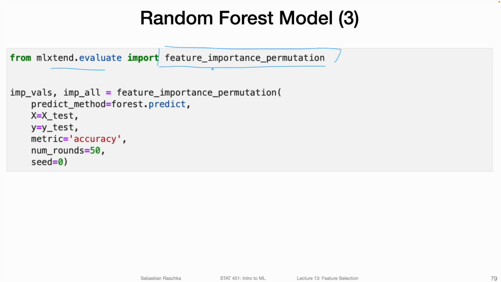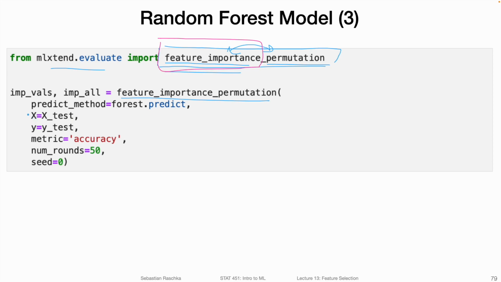So why is the name so weird? Why is it called feature importance permutation and not feature permutation importance? Why is it flipped? As far as I recall, it has been many years ago, I wanted to have multiple feature importance methods. So this basically means feature importance by permutation, or feature importance via permutation, or something like that.